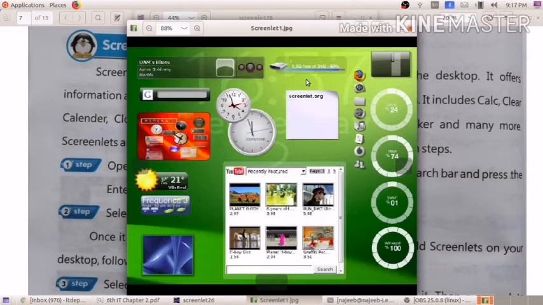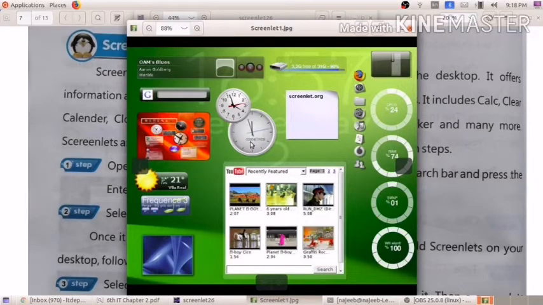So this is in the case of an Android mobile phone, and also you can see in the Ubuntu window, this is the desktop screenshot. Here you can see date and time. Sorry, this is a clock, and here you can see the time information as an analog clock, and the date as digital information.